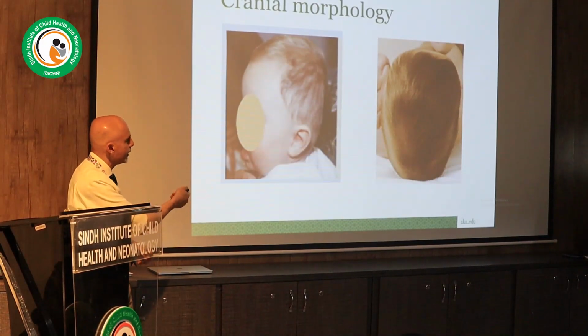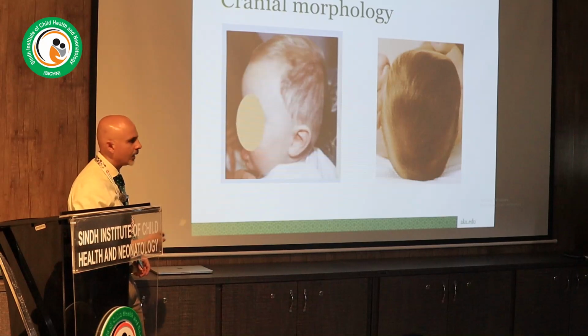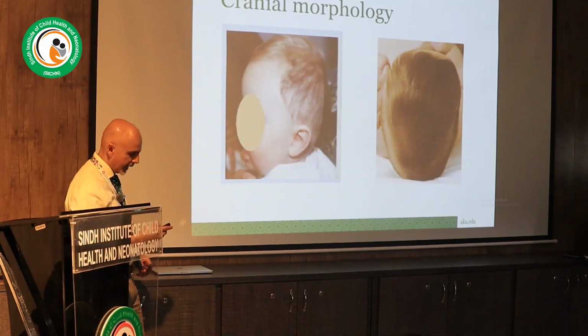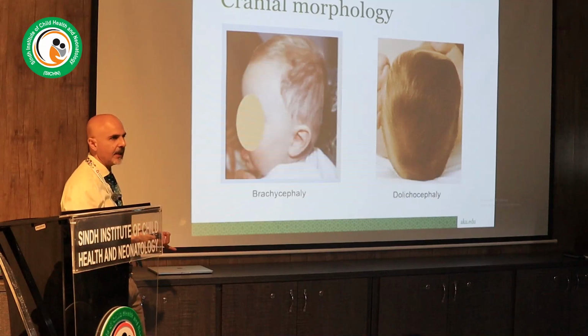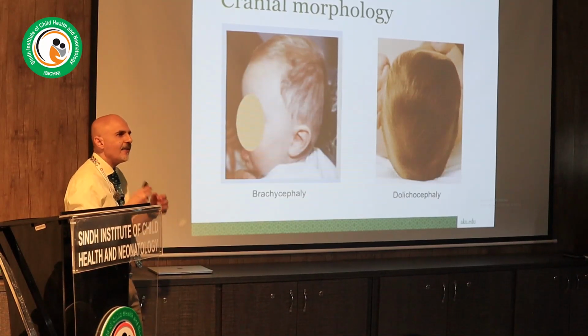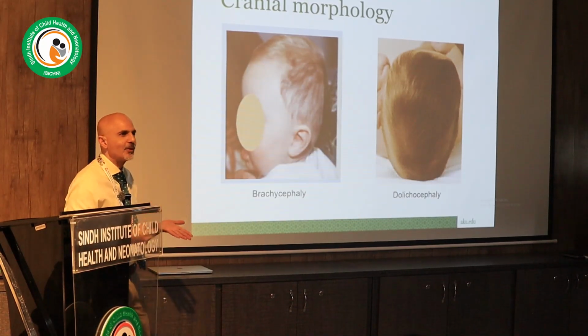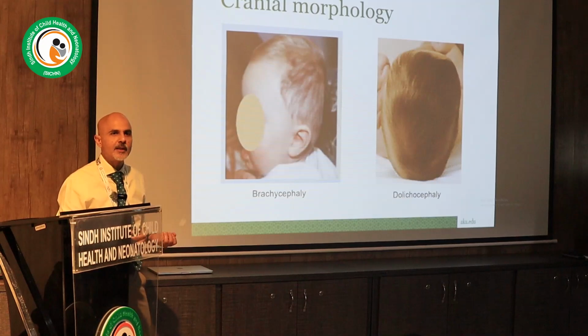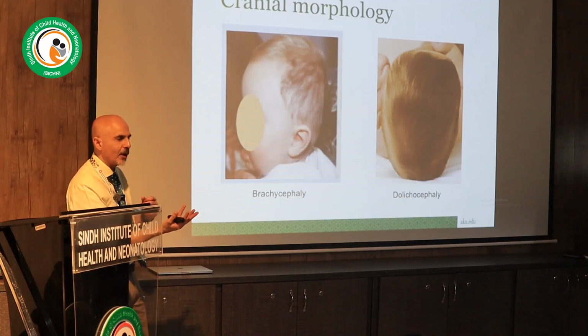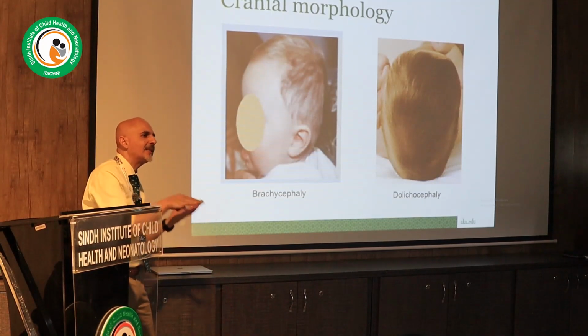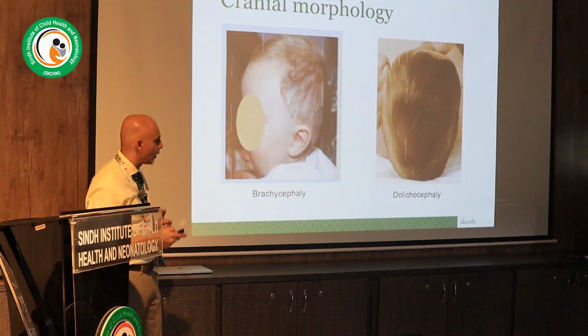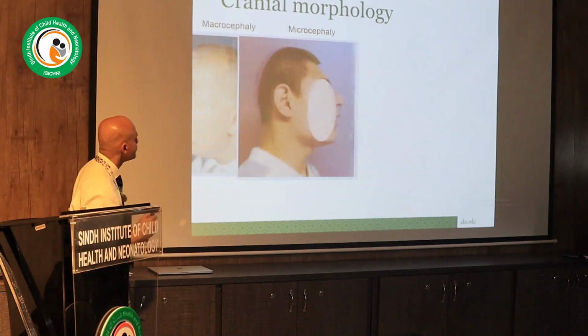It's elongated in the anterior-posterior direction compared to the transverse direction. So what is the term for this? Yeah, so this is basically brachycephaly and dolichocephaly. Again, if everyone knows these terms, it's simple to communicate and simple to use, right? If someone's dolicho is someone else's brachycephaly, that's a problem. So one must know what terms mean and how they are used, right?